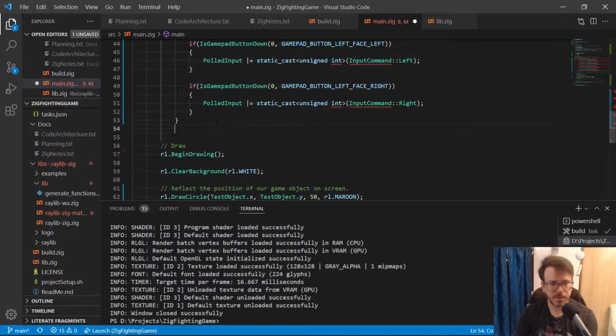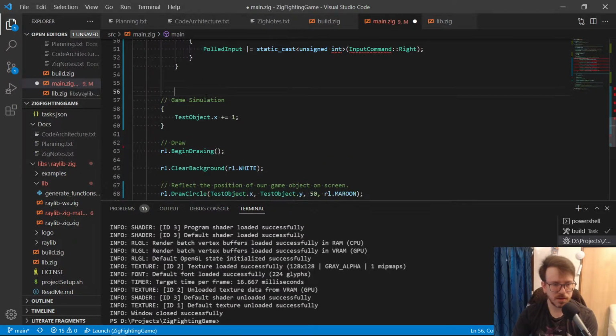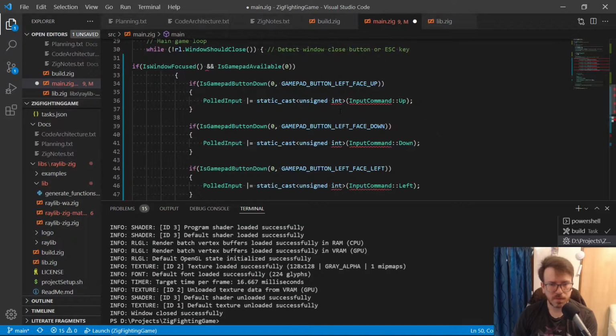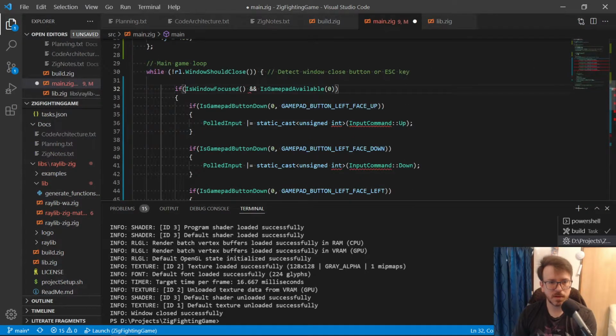And then we put the game simulation after input, because we want the change in the object position to be reflected this frame. Okay, so we're going to port some of the C code to Zig, I guess. So okay, so we need this. Hopefully we have that is window. Okay, hopefully that works.